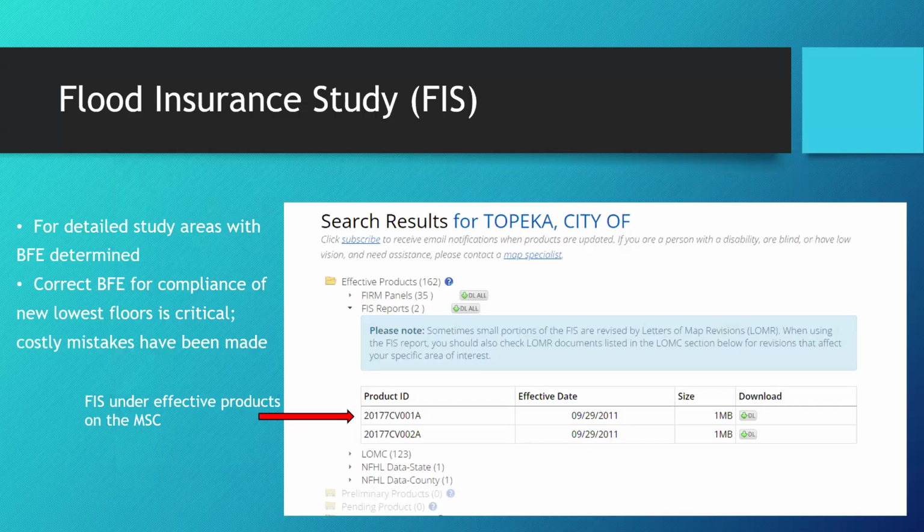Again, the flood insurance study is the documentation that goes with your FIRM panels. This is a detailed report that shows how the mapping was done. It explains the modeling and other mapping methodologies, and it goes over the flood sources and the flood history. If you have detailed study areas, it comes complete with the flood profiles, which is basically a graphic representation of your detailed flood areas and those streams that you have